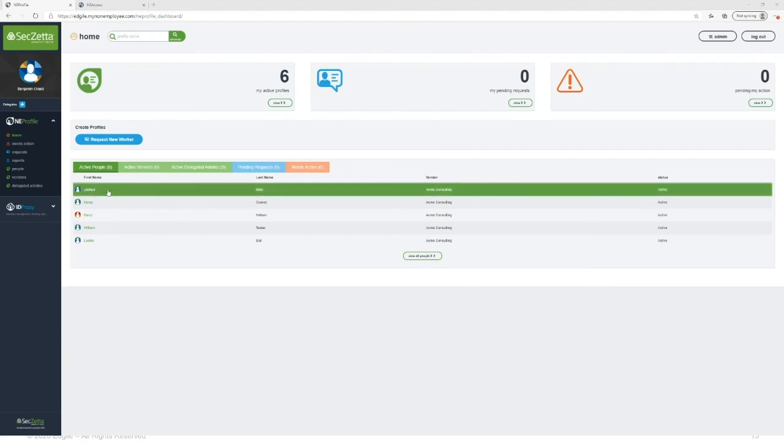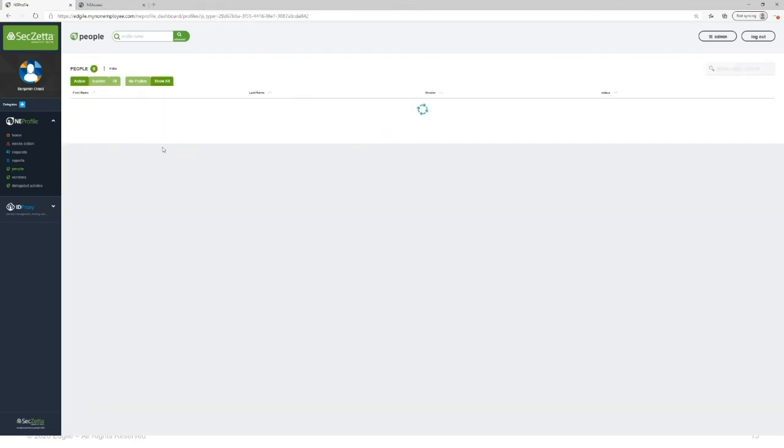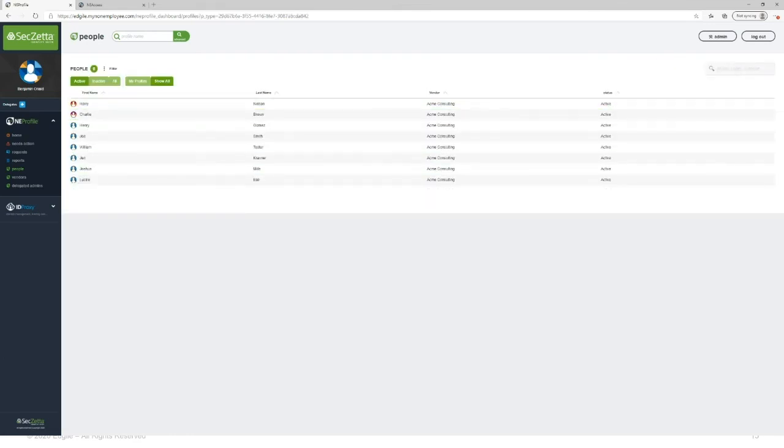That's a great point, Jen. Thank you. And now that we've actually got him onboarded, we can also see him here on the dashboard and look at his profile and all his information that we've got stored. And me as an internal manager, I actually have an option to terminate him right here, which we will come back to later. But for now, we're going to switch over to Identity Now and see how all of this information has flowed there.